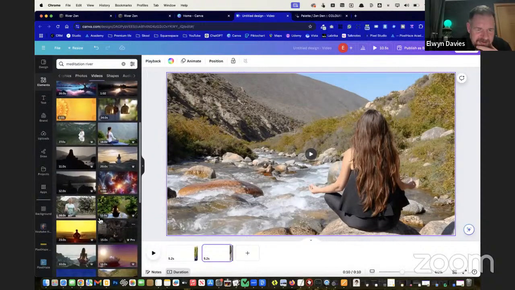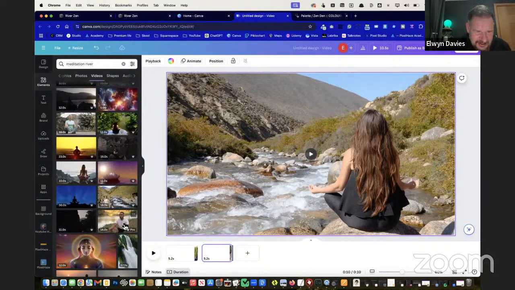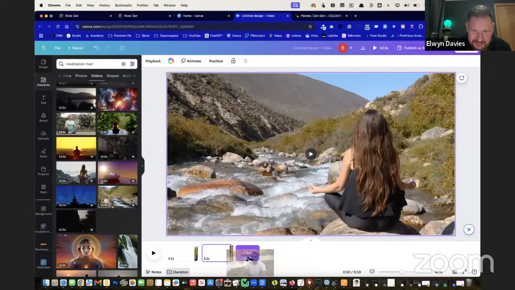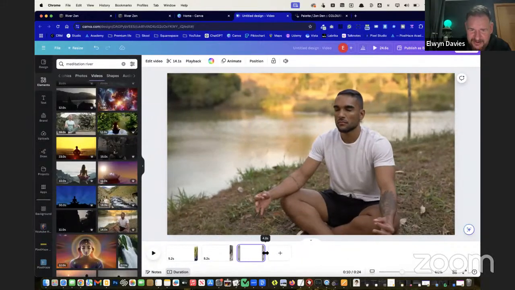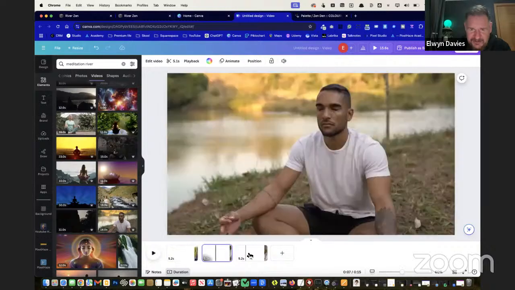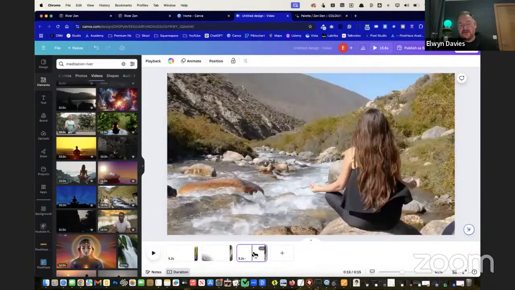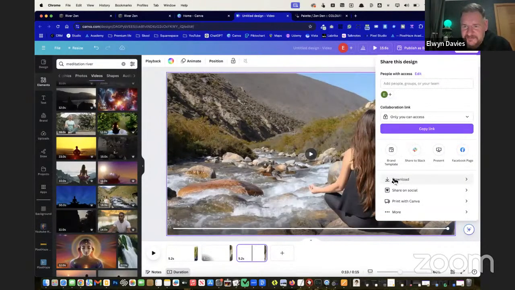I'm conscious with this that they're all very similar style. We're not having much separation in terms of demographic, but because these are going to be replaced with real videos when they're ready, I'm not too worried about that. It's just to show what we can do and how a video header could work with this. So what I can do now is just download this